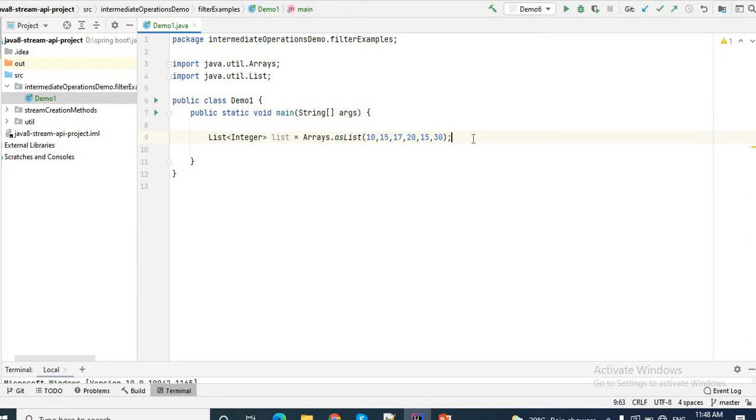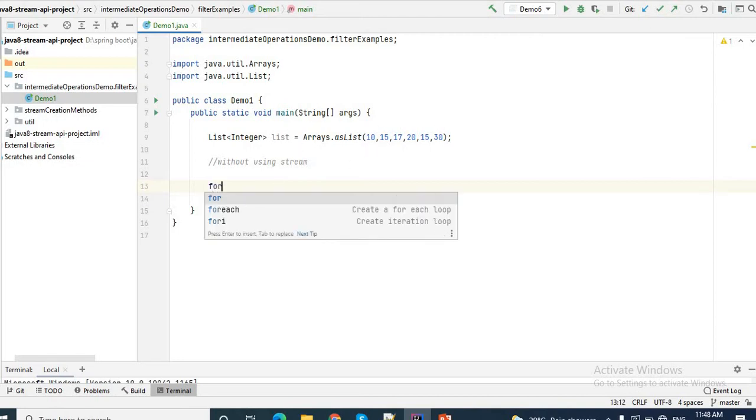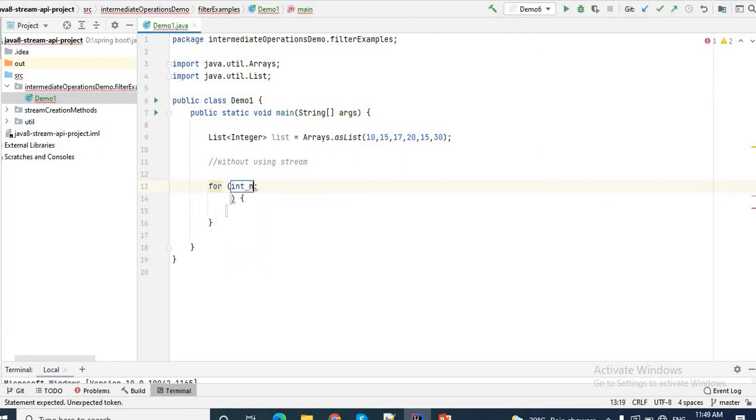First let me show you how we can write this logic without using stream. Let me give a comment: without using stream. We simply iterate this list by using an enhanced for loop: for Integer n, then I pass the list.